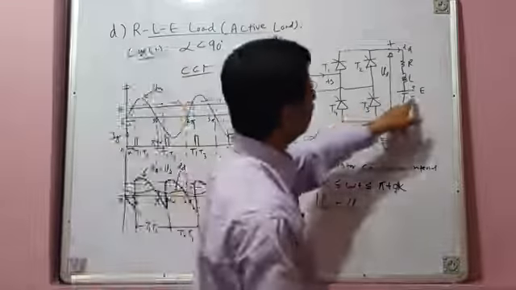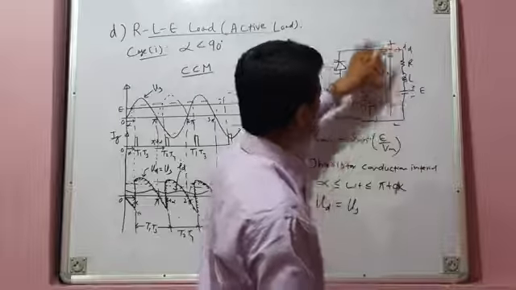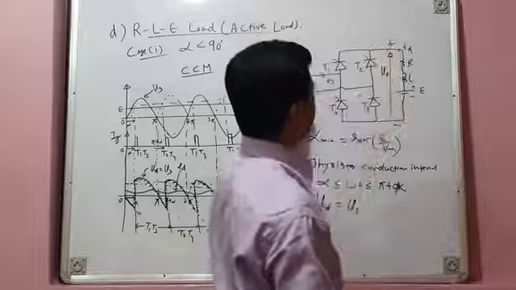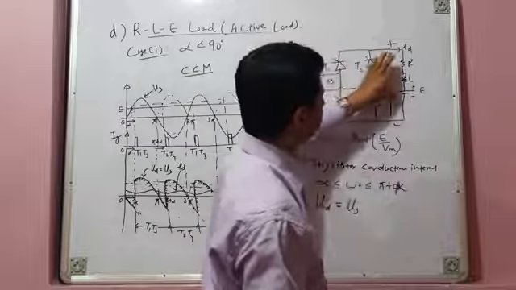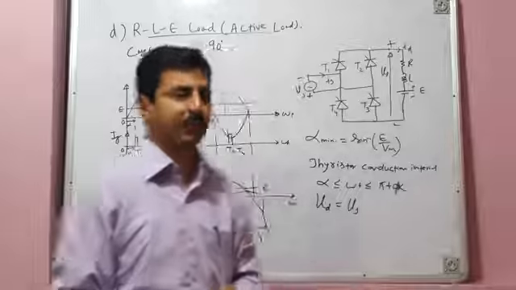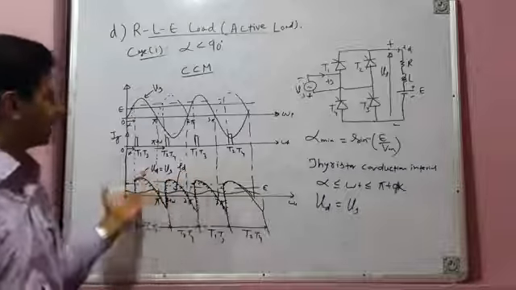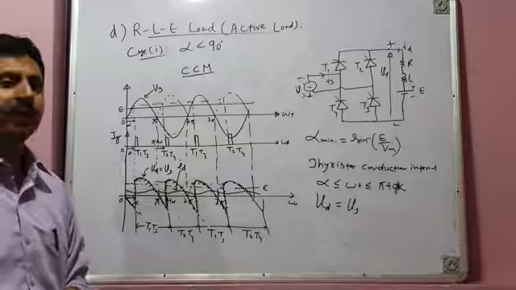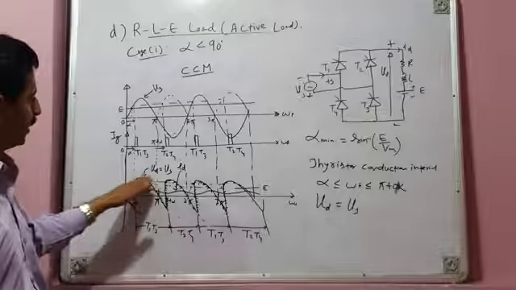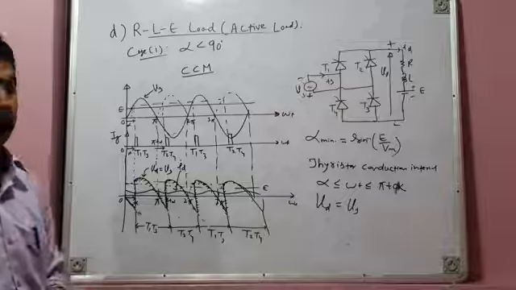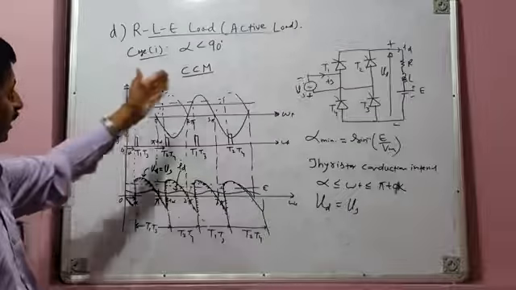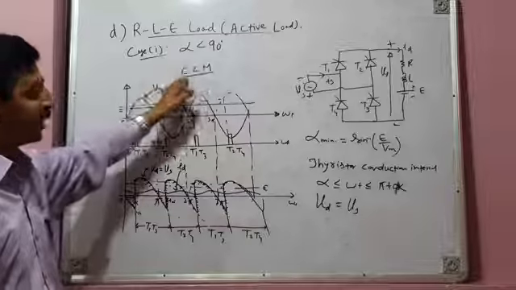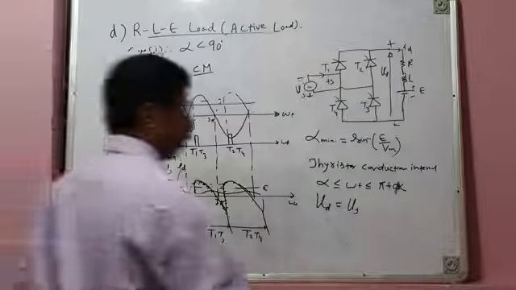See, you should remember that E shows its presence only when current becomes discontinuous. When current becomes discontinuous, your load is disconnected from the source, and then in that case, load voltage is equal to E. But since your current is not becoming discontinuous at any instant, you have only thyristor conduction intervals, you don't have any coasting interval, so load voltage is equal to source voltage. So this is the operation of a single phase full converter for RLE load for alpha less than 90 degrees, but CCM, continuous conduction mode of operation.